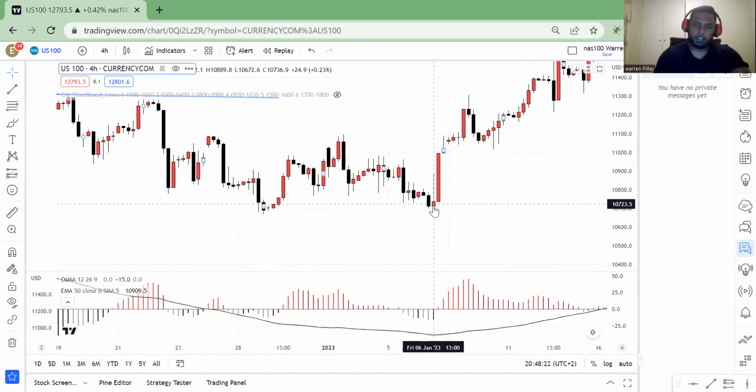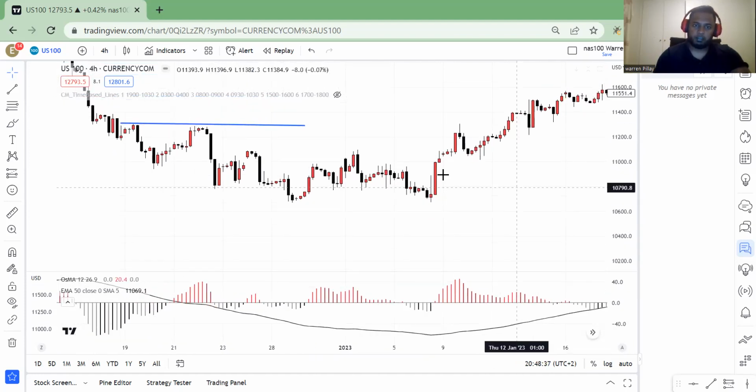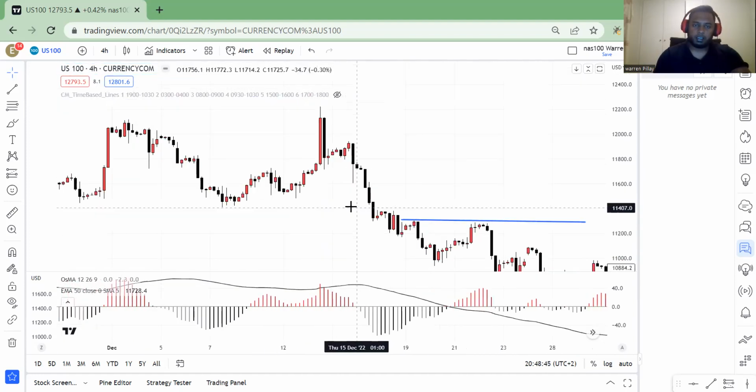And then when it tried to come up again, came up, and then what happened? It got rejected. It didn't come here, and it came back down. Until finally, I think a news event happened and boom, it invalidated this bar. And now we got a huge bullish bar. Now, when you see these kind of bullish bars, look at all the red bars, and this bar is the biggest bar